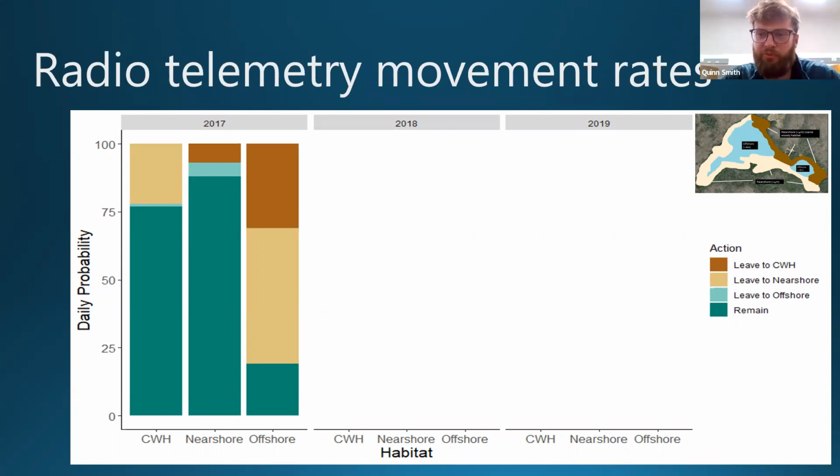Or just to simplify it, if this fish was detected in the coarse woody habitat, it's not possible to move to the coarse woody habitat. If the fish stayed in the coarse woody habitat, or was modeled to stay in the coarse woody habitat from one day to the next, then we just called that remain. In 2017, we can see that fish are very likely to remain in the coarse woody habitat and the nearshore, and less likely to remain in the offshore area if they were detected there. But these fish detected in the offshore area are almost equally likely to move to the coarse woody habitat or